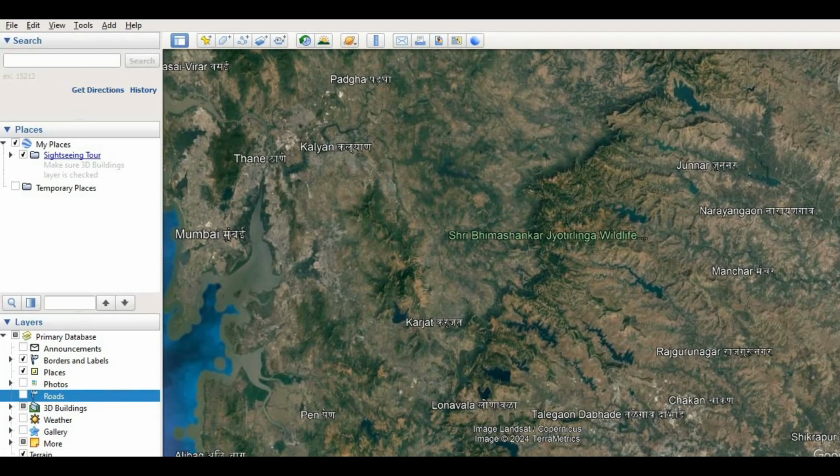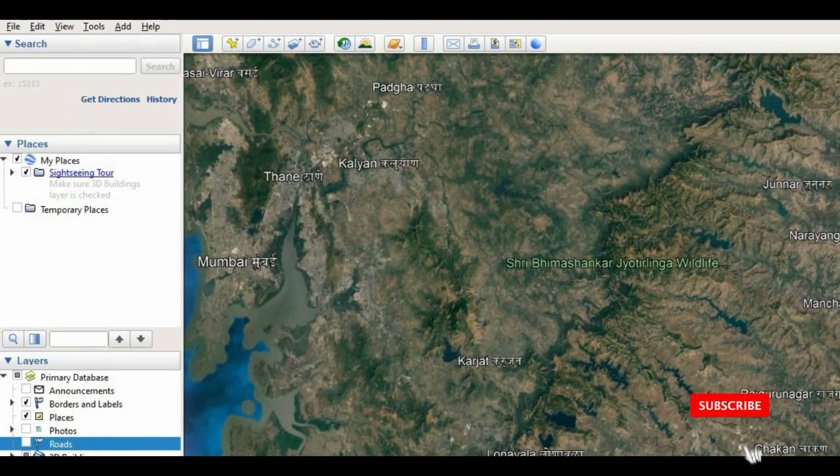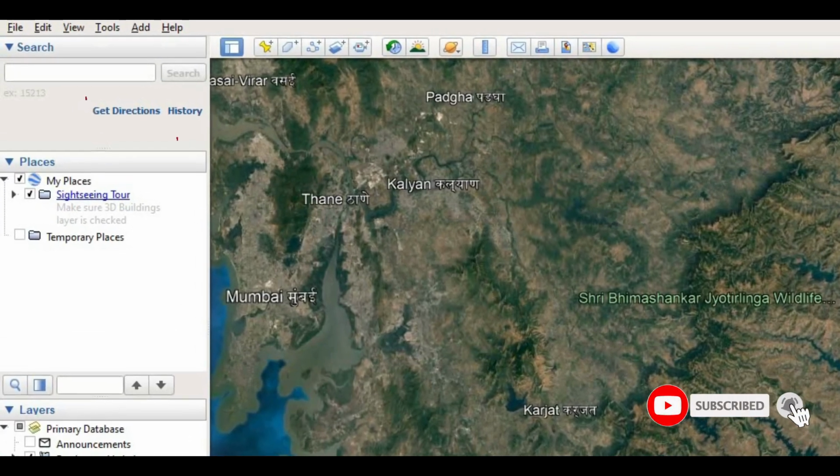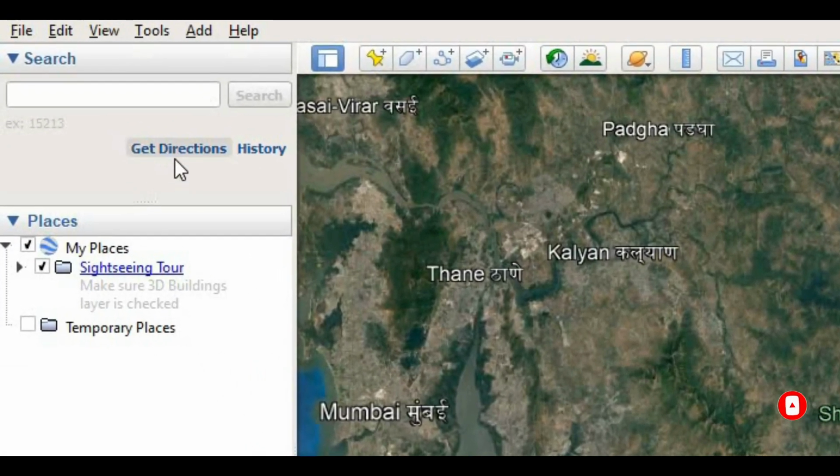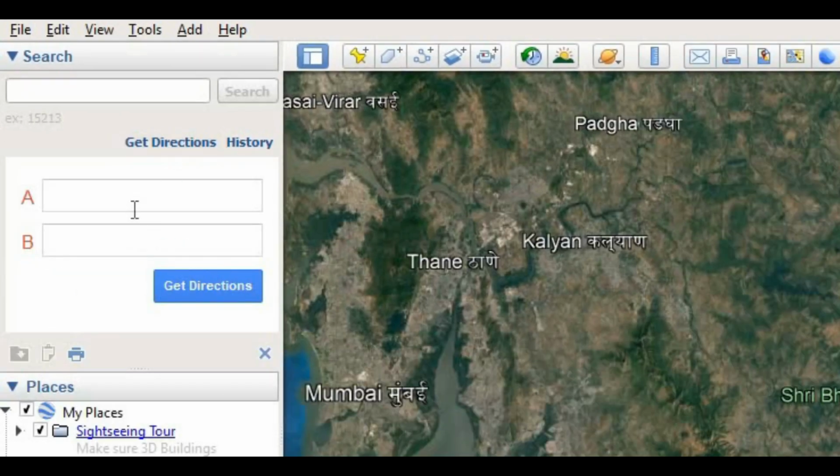So guys, first of all, you can see on the left hand side of your screen there is the second option, Get Directions. Guys, you just have to click on that and then you get 2 boxes. One is A and the second one is B. You have to put your first location in the A box and the second location in the